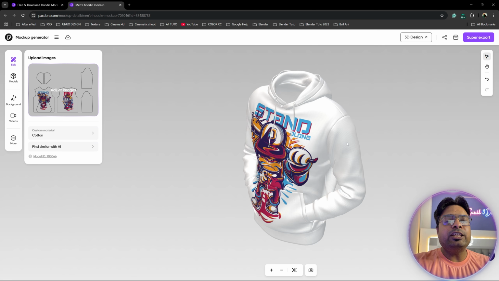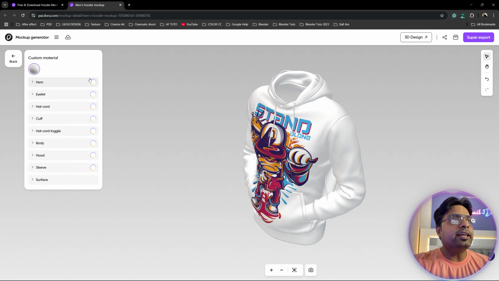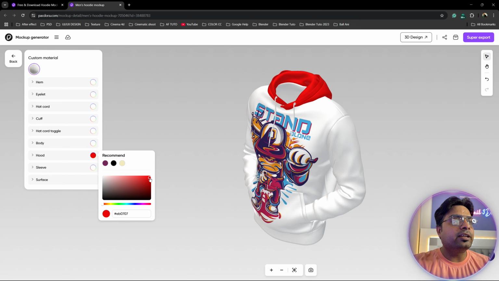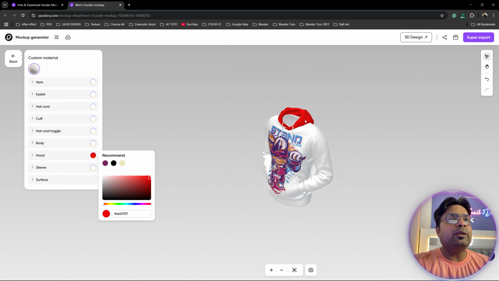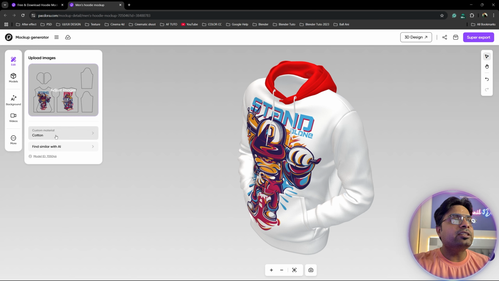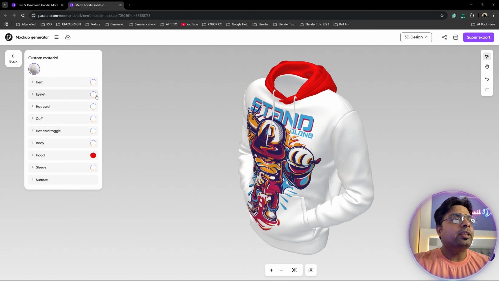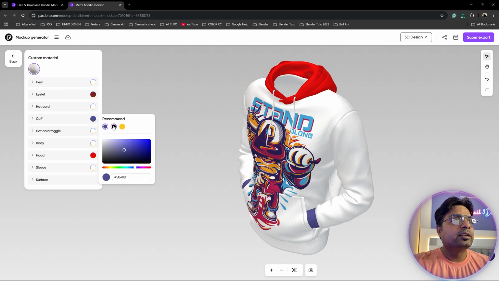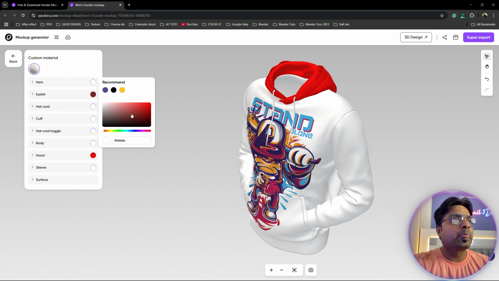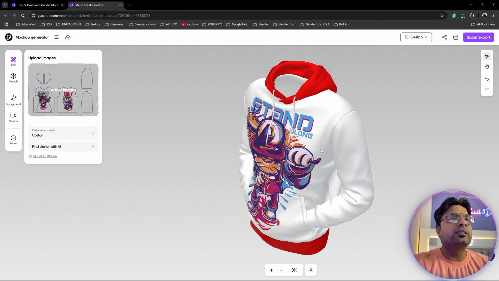So now I'll teach you how to change the hoodie color. So click on here, custom material. And see guys, those are my different style of objects. So click on here. This is my body hood. And click like this. See guys, it's my red color. And you can change different colors depending on your work. Like this one. Yeah. Enter and curve. So see, those are my different colors. Right? Okay. So white is perfect. And hem. Click on here. Yeah, this hoodie is perfect, right?